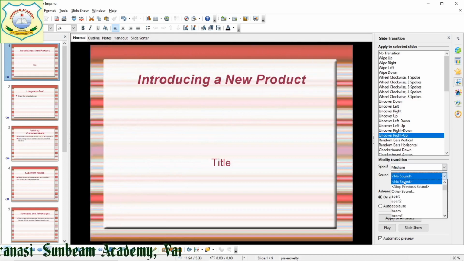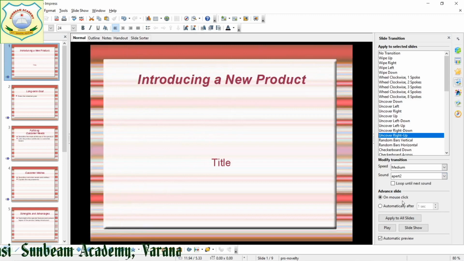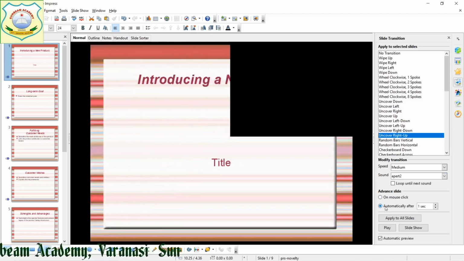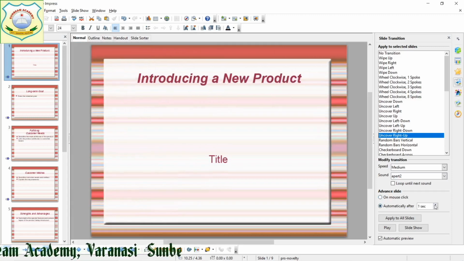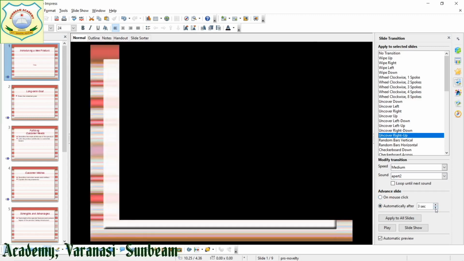If you want to give sound, it has come, right? Now it is given on mouse click. Here you can give it automatically after 1 second. Suppose I give 3 seconds.